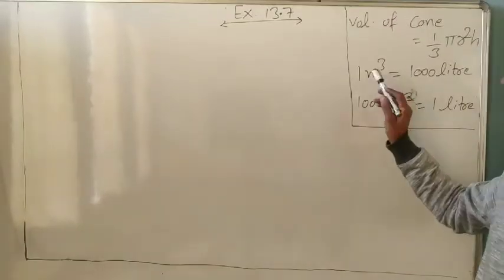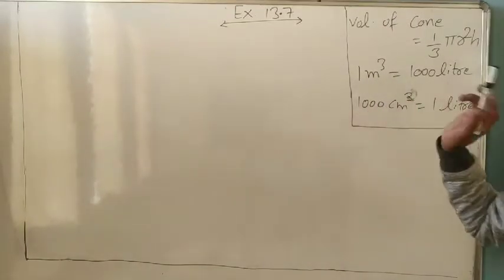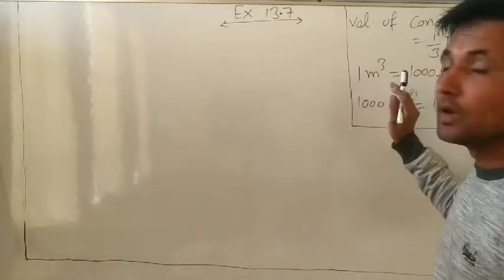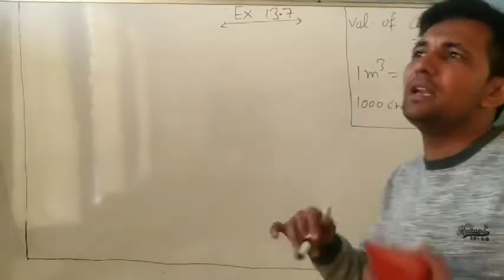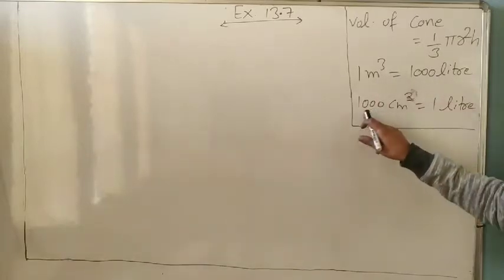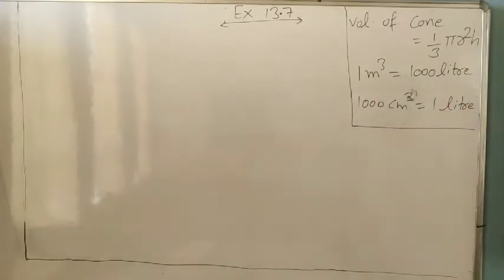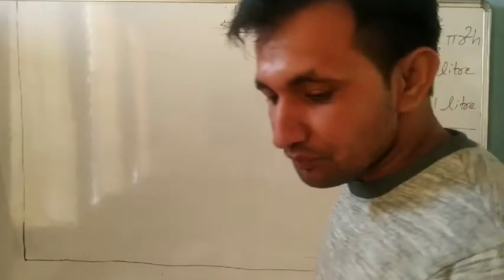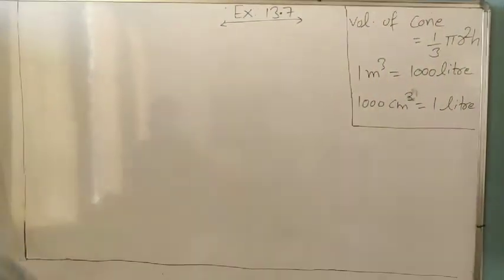And always remember 1 meter cube. Cube means we are finding volume. Meter cube, centimeter cube, it's always volume. So 1 meter cube equal to 1000 liter and 1000 centimeter cube equal to 1 liter. Okay. So now first question number